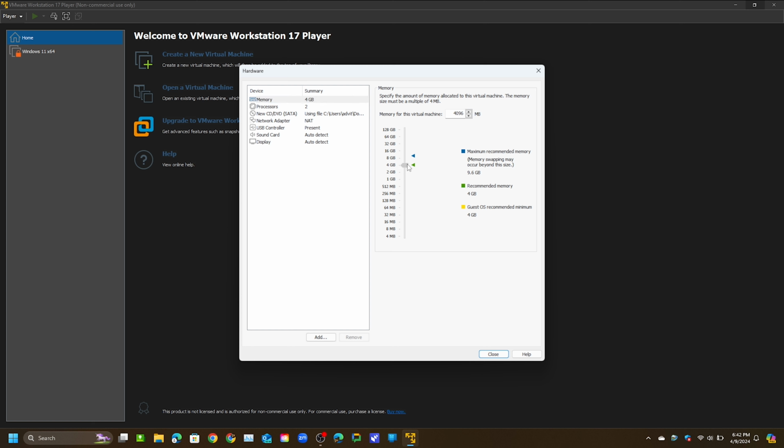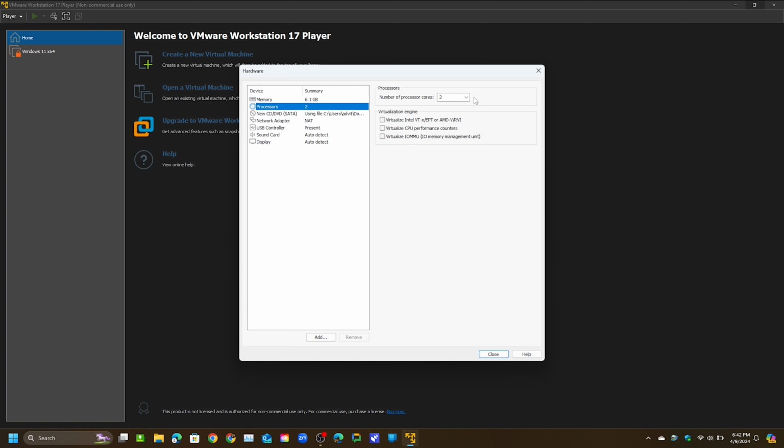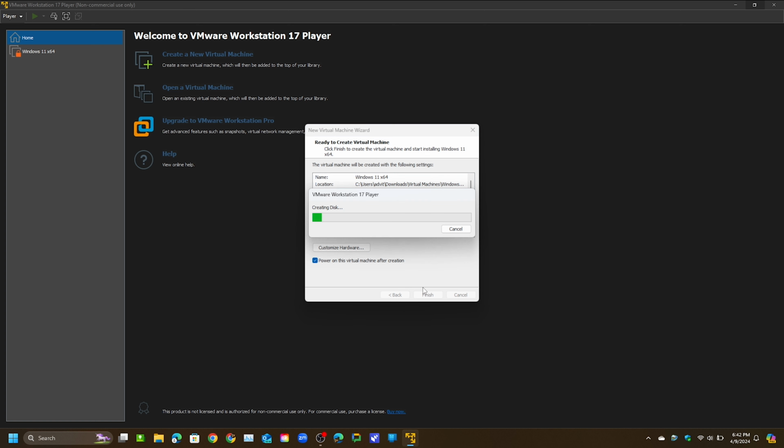In my case, I have given it 6 GB of RAM and 4 processor cores. Then press finish, and it's gonna create the virtual disk. This will take a while, so